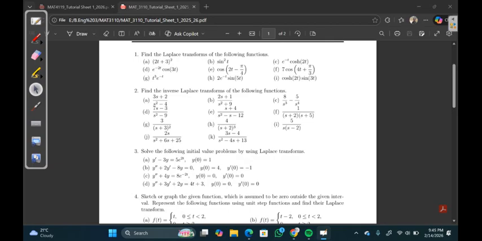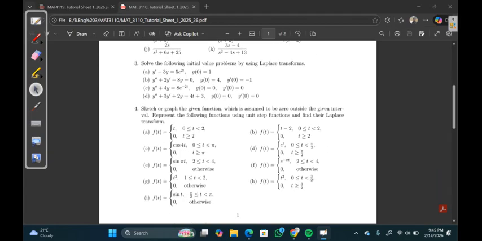Okay, so let's go to question 3. For question 3, the question says solve the following initial value problems by using Laplace transforms. How you work these out is just a matter of knowing a few things about how you find Laplace transforms of IVPs. So one thing that you have to understand about Laplace transforms of IVPs is that suppose you have